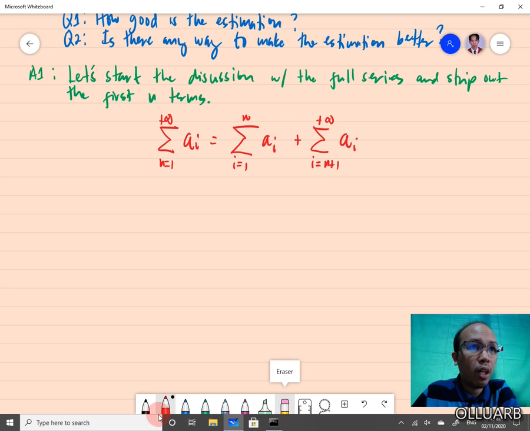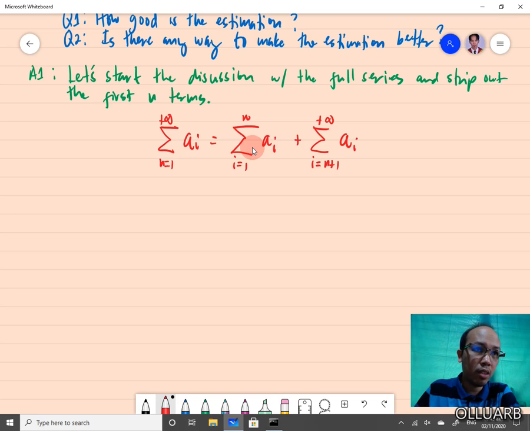We start from i equals 1 to n, and then this second series starts from n plus 1 up to positive infinity. So notice the first term on the right hand side,